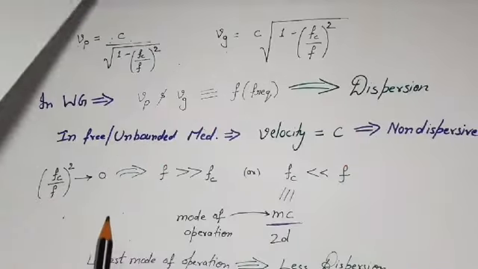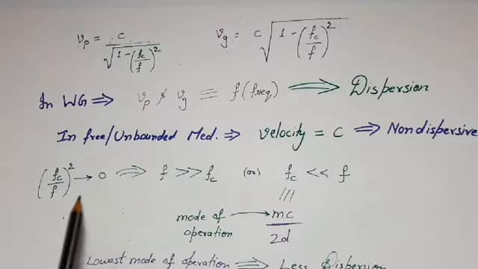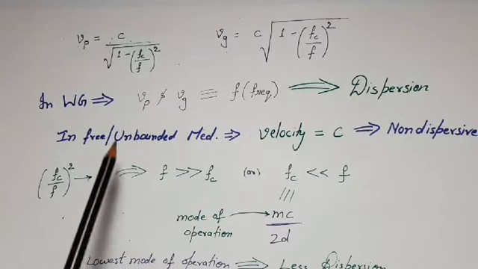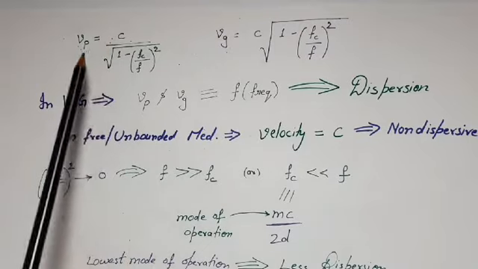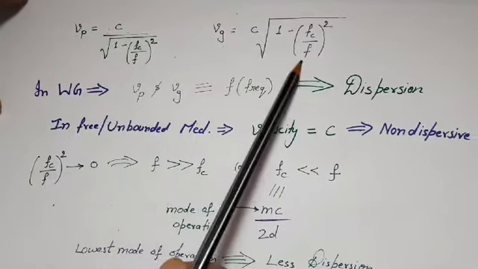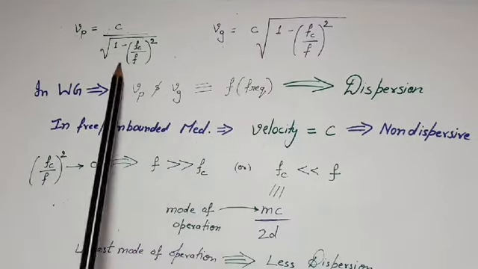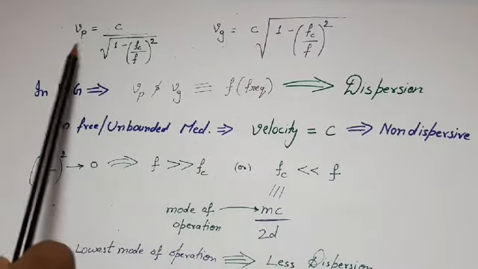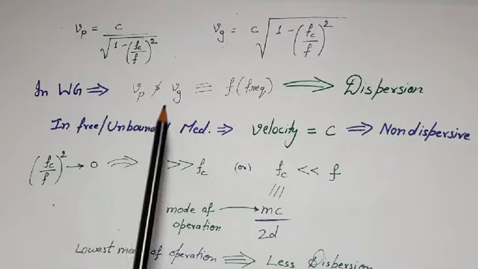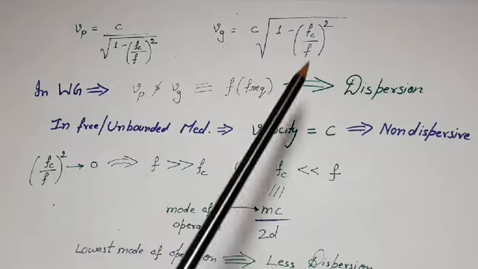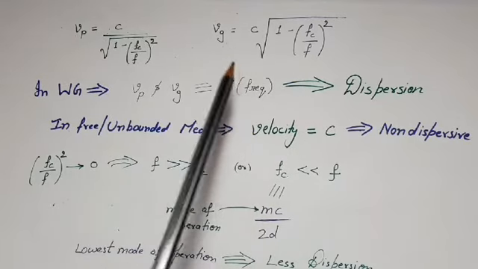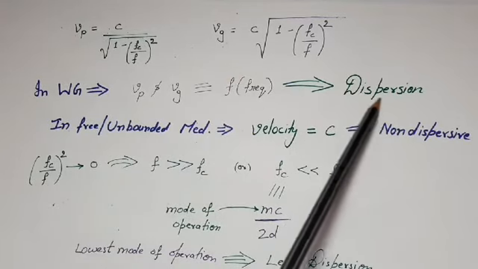Now if we observe phase velocity and group velocity expressions carefully, then we find that both of these velocities depend upon frequency of operation. It means different frequency components will travel with different velocities, and that's why they will reach the destination at different times. Actually this is an unwanted phenomenon which is found in waveguide propagation.